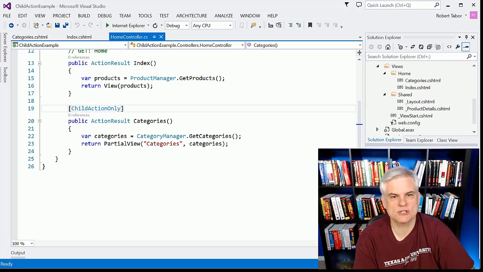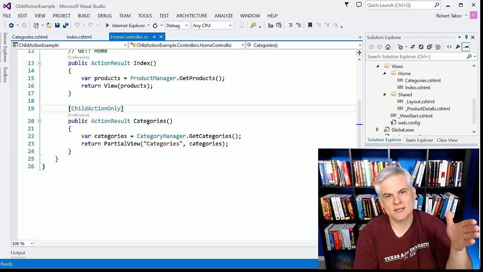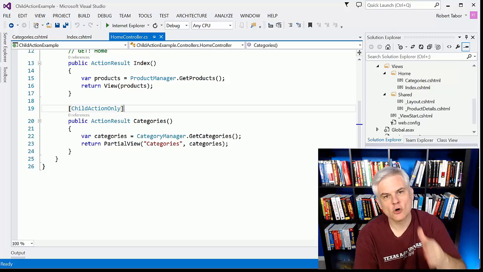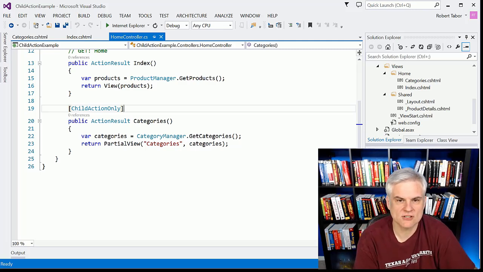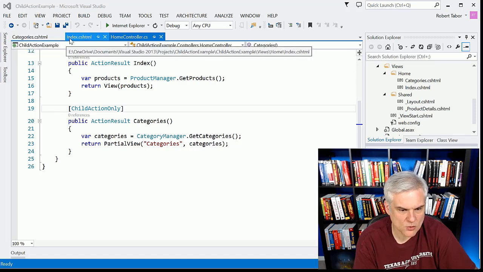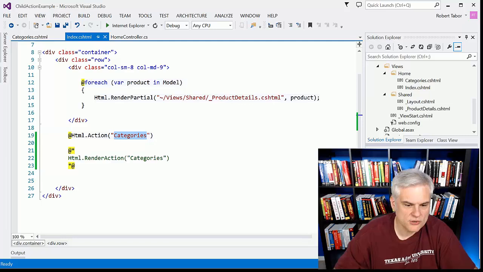You can't just go to myurl.com/home/categories. It won't display anything for you. You'll actually just get an exception, I believe. All right, so now hopefully you understand that flow, and the next question then is, we called it using the action method,